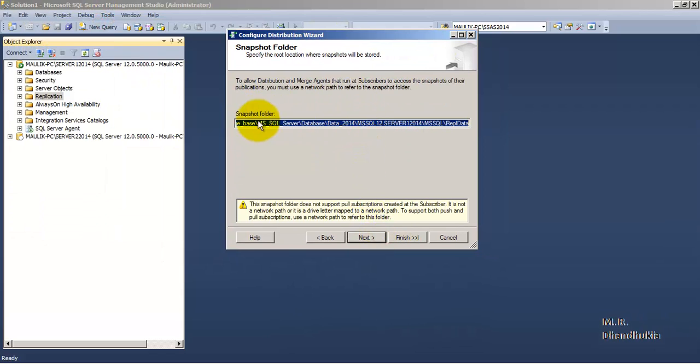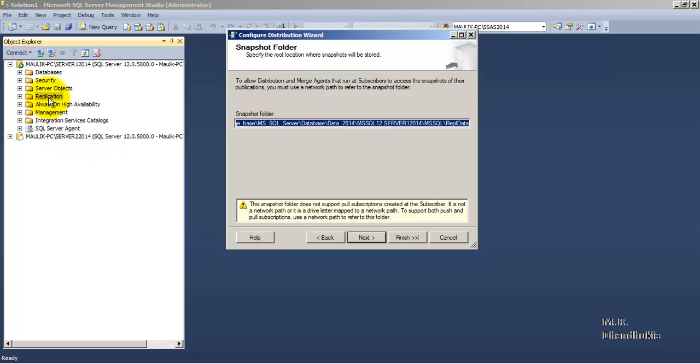So click next. This is the folder in which the snapshot will be placed. In transactional replication, initially one snapshot will be created and placed in this folder. With the help of this snapshot, the subscriber will be initialized. Okay, and then after that there won't be any snapshot getting created. After that only the differential transactions will be tracked. Now this initial snapshot will be created with the help of the snapshot agent, and then after this first snapshot is generated and the subscriber has been initialized, after that only the incremental transactions will